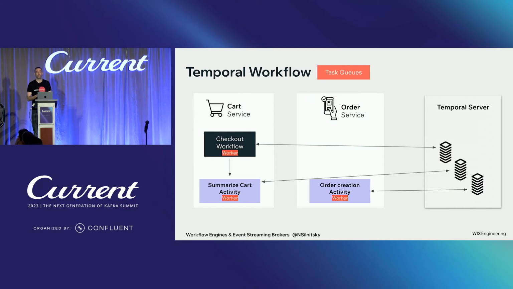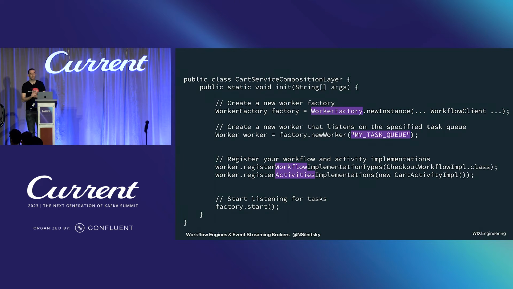And these workers will actually be getting tasks from dedicated task queues. So we have dedicated task queues for the workflows and activities run by the Temporal server. Here we can see an example with the Java SDK, of how we spin up workers. We create new workers, they get the dedicated task queue that you connected to specific workflows, and then all you're left to do is register the workflows and activities that you run on the specific workers. So workers can run multiple workflows, and a workflow can also be run on multiple workers.